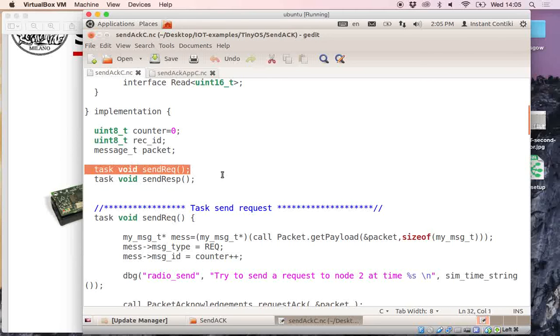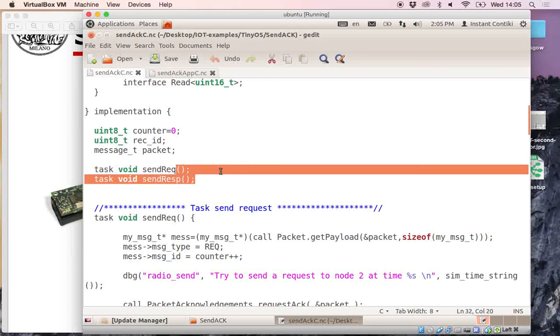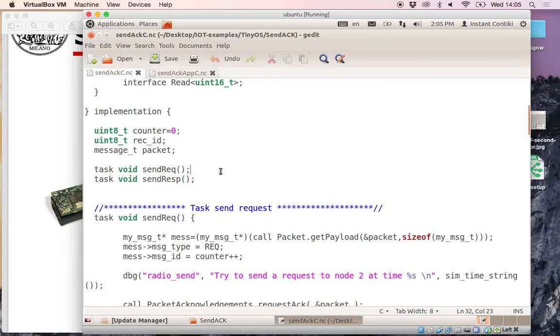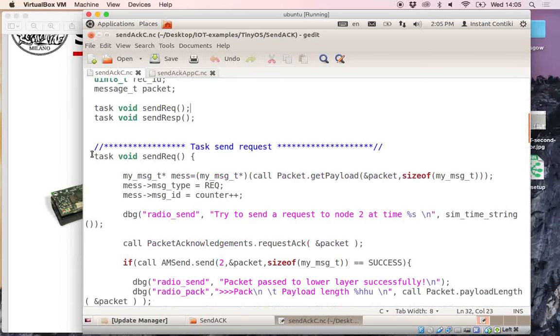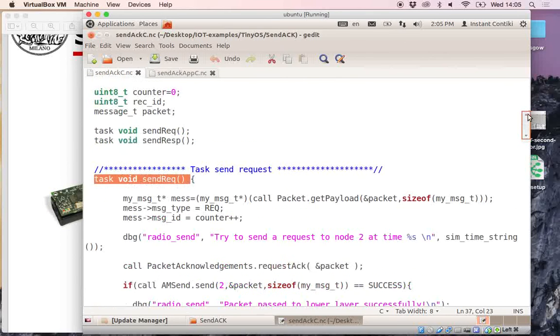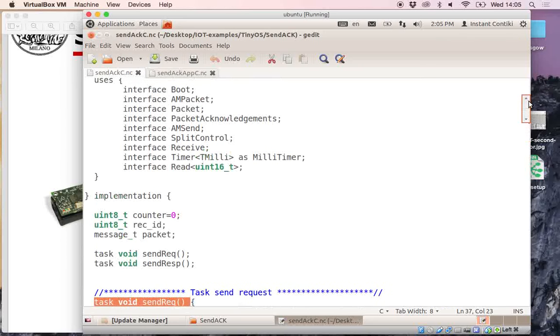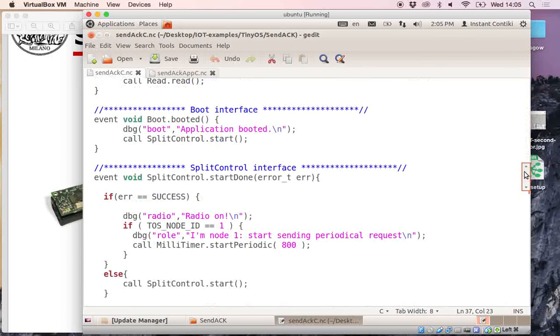In this case, this is just an example, and we will use the task to send a request message or send a response message, okay? Which are not intensive operations, but it's just an example. So when you declare a task, it's just a container at this point when you put some code inside. But let's start from the starting point of the application, which is the boot